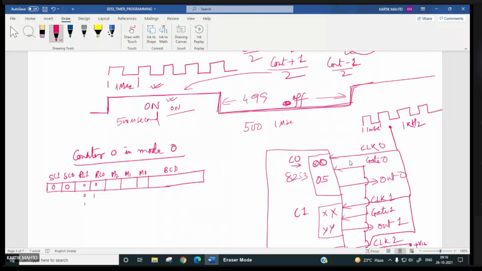So let us put 1, 1. Now for mode 0, these three bits will be 0. The count value we are putting is 0005, so whether we choose BCD or hex, the count will be 5 only, no problem. Let us make it BCD, so we put 1.